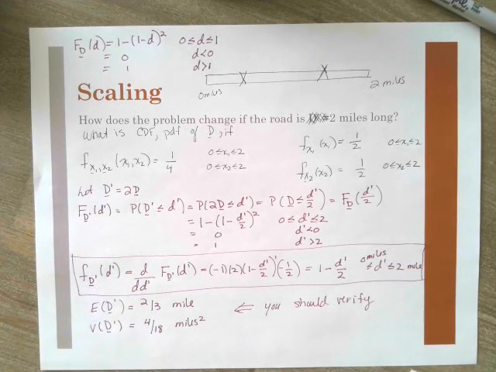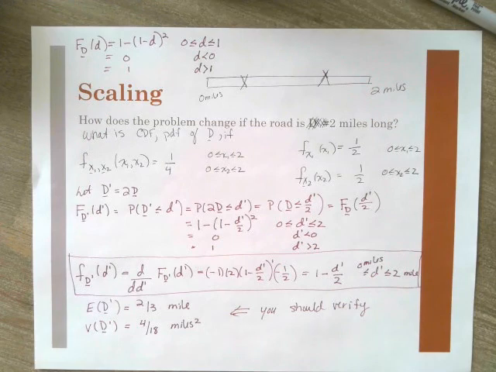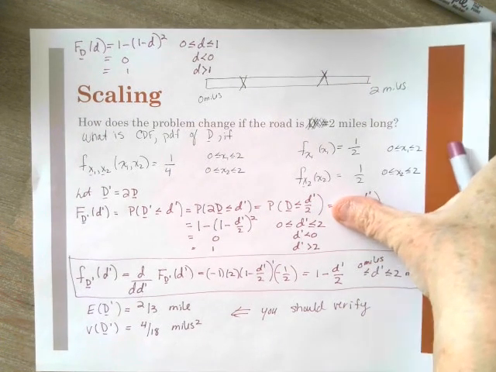So what are we doing? I'm trying to develop a method here that you can follow. So first we did it for a 1 mile strip, then we did it for a 2 mile strip. Now what I want to do is make a general equation for a strip that is as long as we want it to be, all right? And that is what the next slide is. So for a